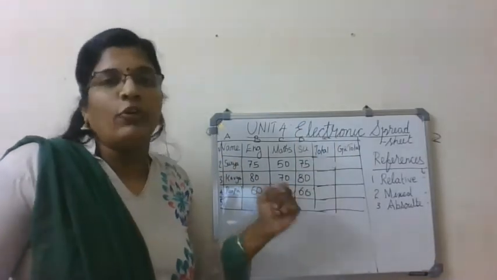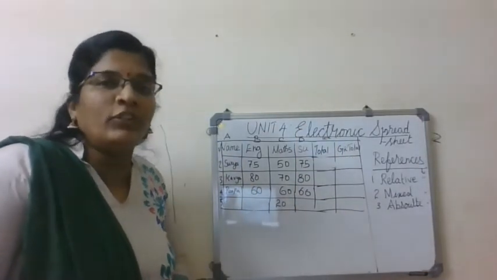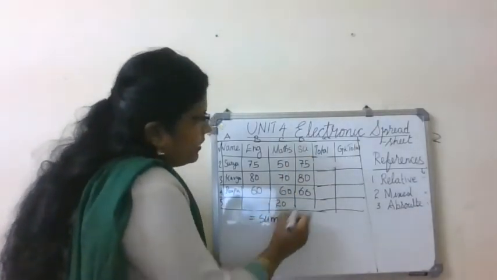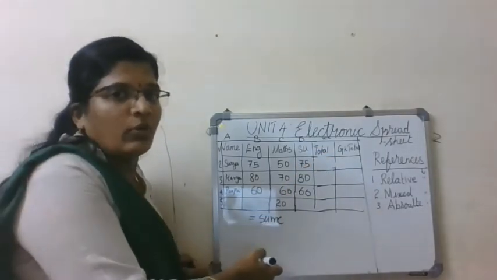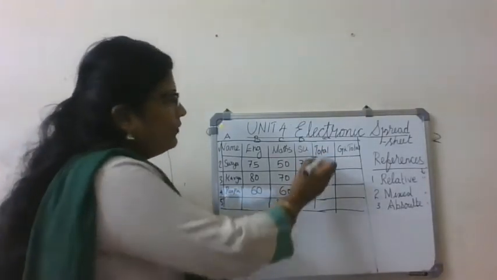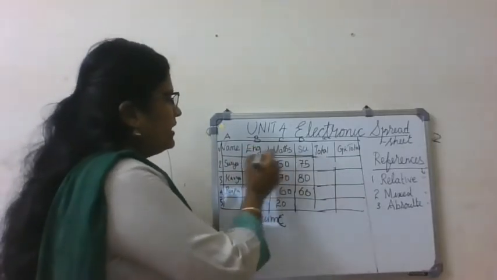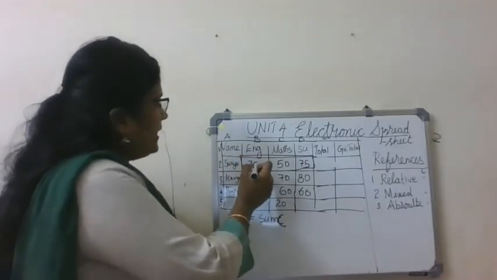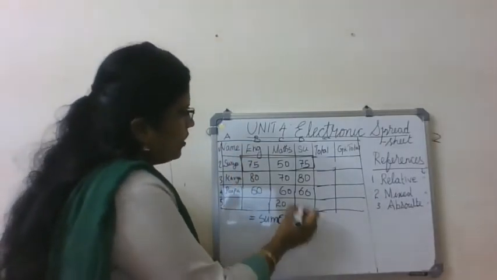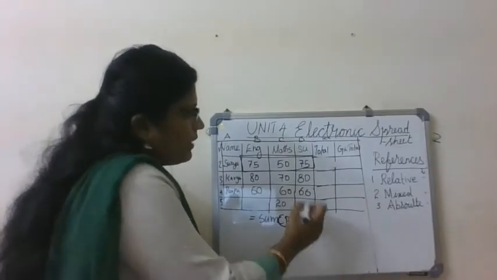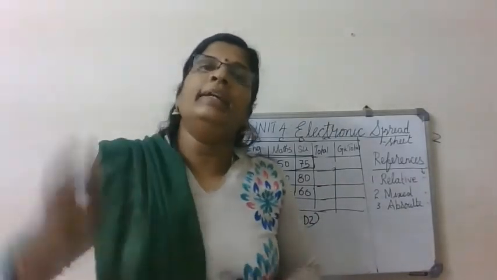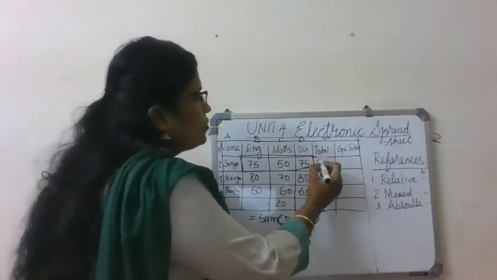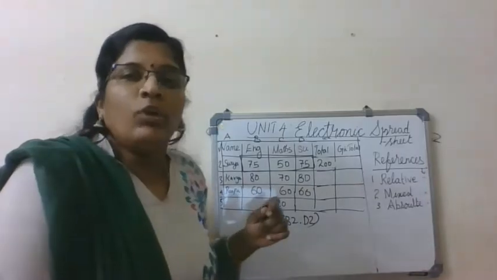So total, you know how to enter the formula, right? What is the formula for total? Equal to sum of, and actually I don't have space, so I'm writing it down. From these 3 cells I have to add, so I enter the cell address B2 colon D2. When we write this formula and press the enter key, we get the total value. What is the total? It is 200 out of 300.